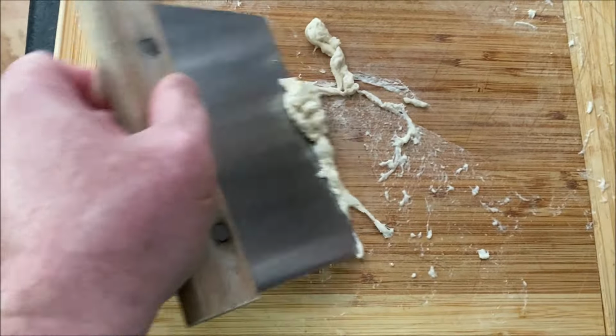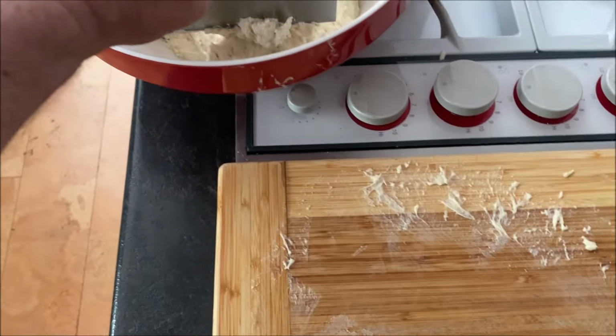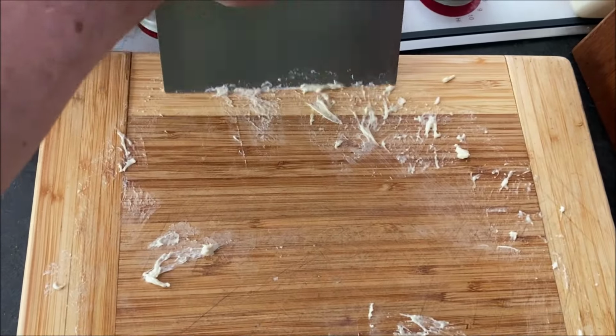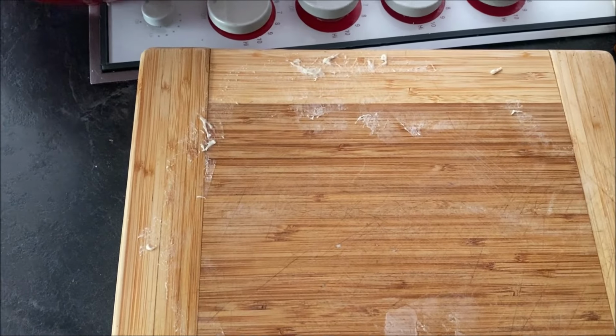I use Joshua Weissman for his process for this part. So I do 2 slap and folds, as he calls them. And I add the salt mixture that I showed before in between the two. So I've already done the slap and folds, and the bread is ready to go through the 6 multi,